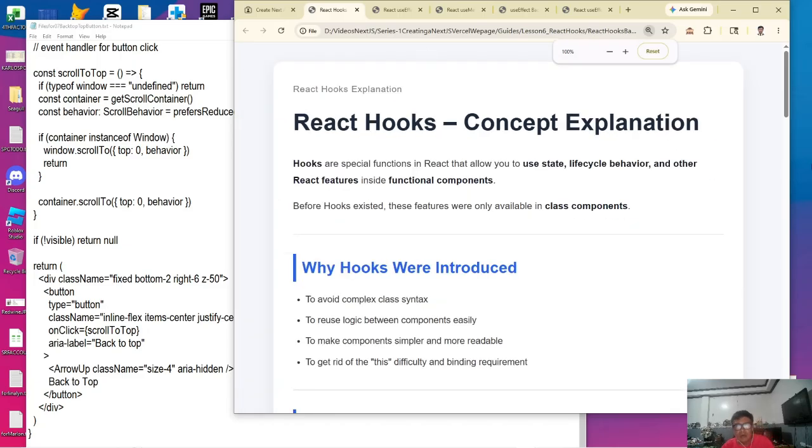What is a React hook? React, remember, is based on function-based components, which means that we can create components using functions. React has stopped creating class components a long time ago. It's because of different conflicts encountered with JavaScript.